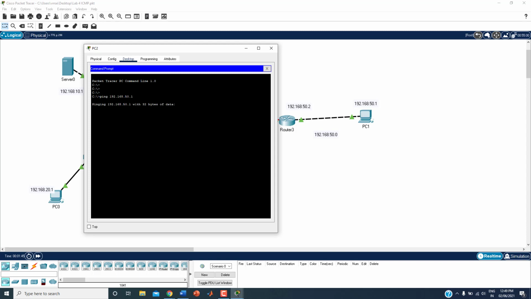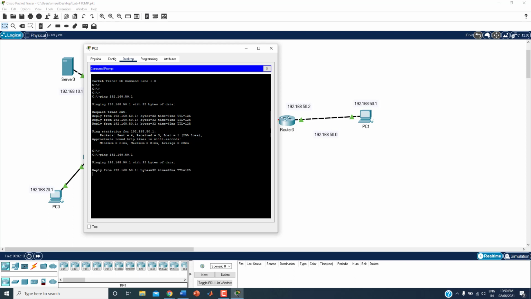What does this mean? From my machine, 4 echo request packets will go to the destination, and then I should get 4 replies. But now you see, we are getting only 3 replies, 1 packet is dropped. This happens the first time because of a protocol called ARP, Address Resolution Protocol. If you give the ping command a second time, you will get all of them. Now I'm giving the ping command to 192.168.50.1 again. Now you can see you are getting all 4.